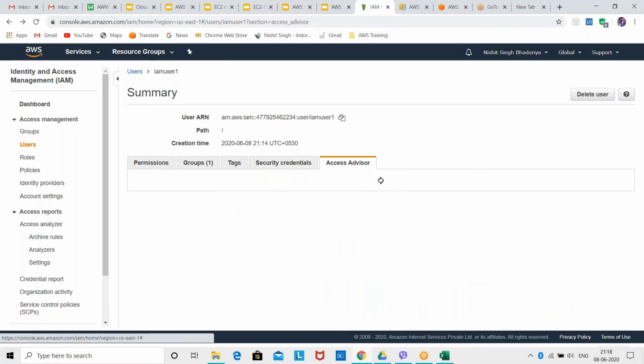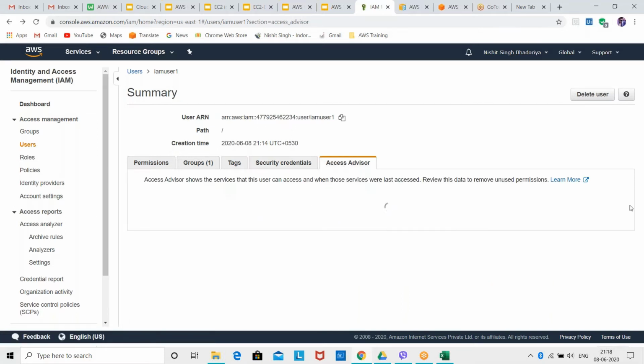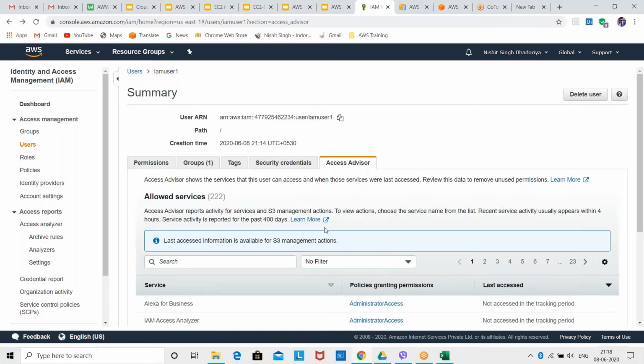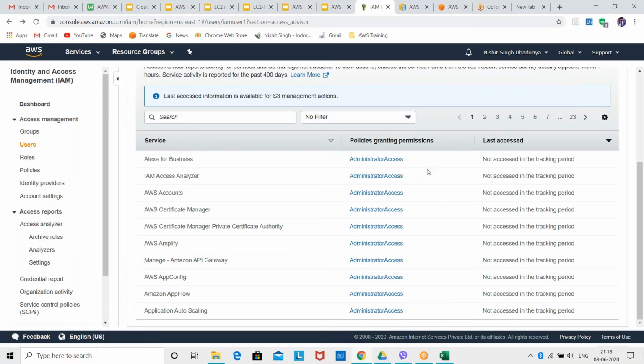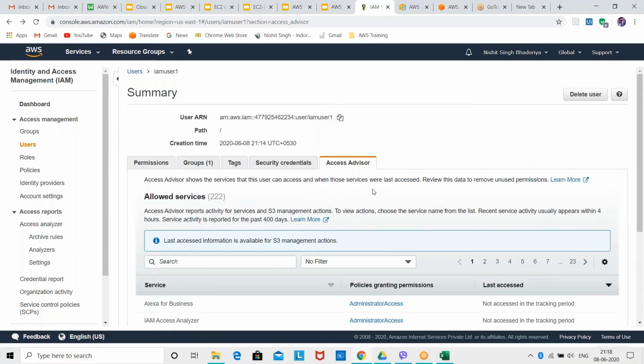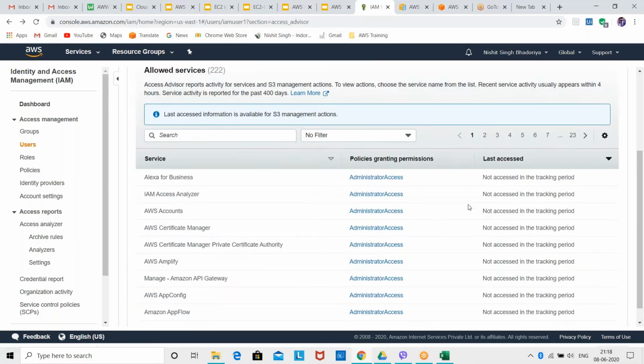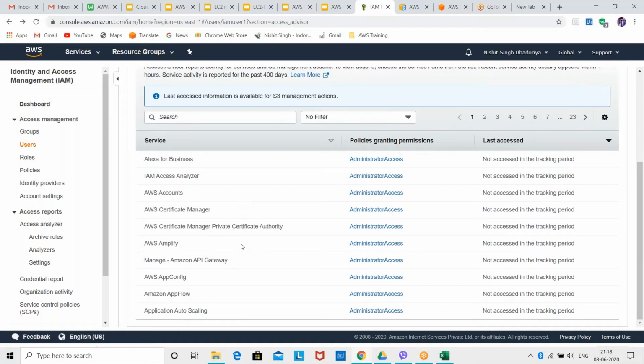Now I have access advisor. Let it load. Basically, it will show me which service my IAM user accessed and at what time.